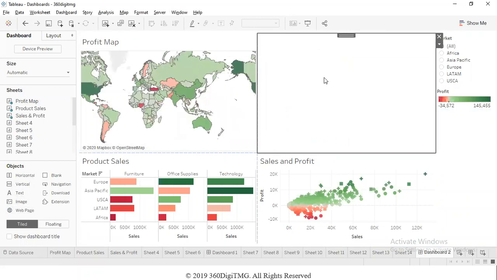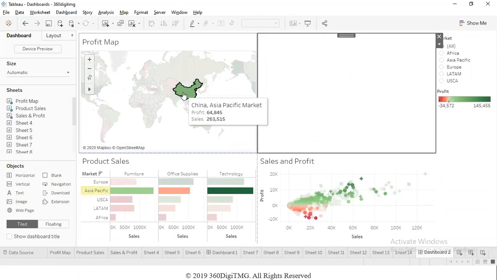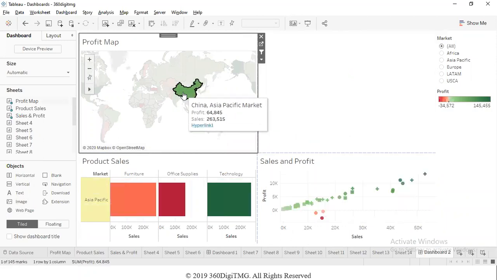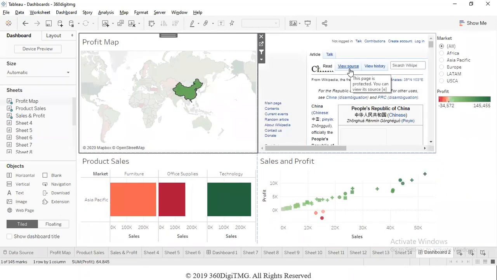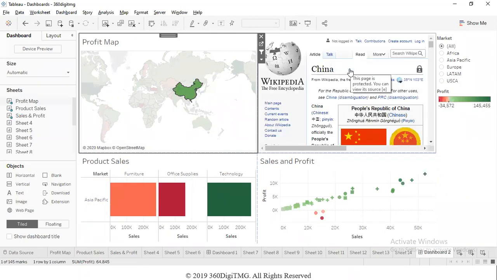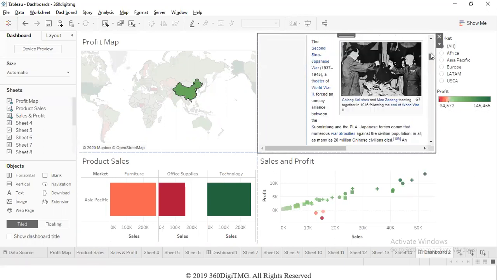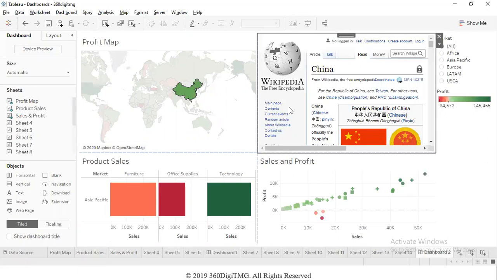When a web page object is there, the result of the action that we are performing, which is accessing a hyperlink, will be loaded in the web page object in the dashboard. So it's not like we are going to the internet browser now. Here itself we can see it, and this will be a fully interactive web page.